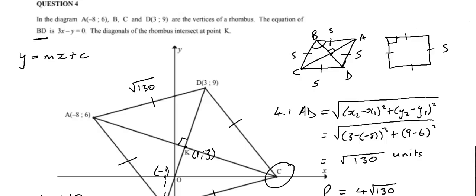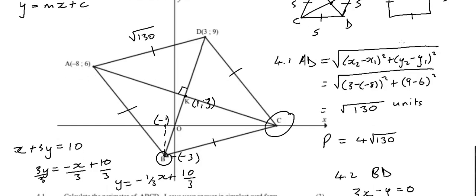So our job is just to show that. We just have to show one angle that it's not equal to 90. If one angle is not equal to 90, then basically not all of the angles are 90. Now, we already know that this side is the square root of 130 units, and this side and this side are both root 130. We might as well try to find this red side here,